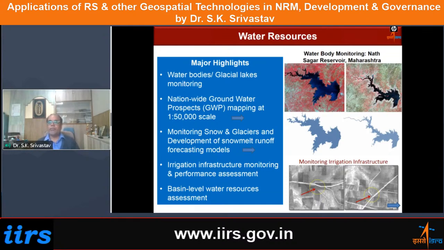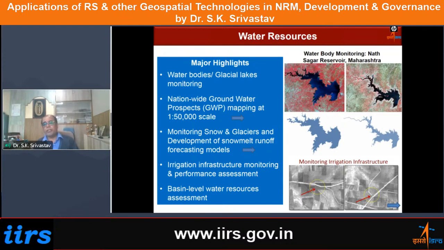Either I can classify the image and come out with land use land cover classification in which water body is a class. The second possibility is that we can use some index. People use normally a very popular index called NDWI, normalized difference water index. So if we use that index and then with proper thresholding, automatically or in a semi-automatic way, the water bodies in a given area can be extracted in a very short period of time.